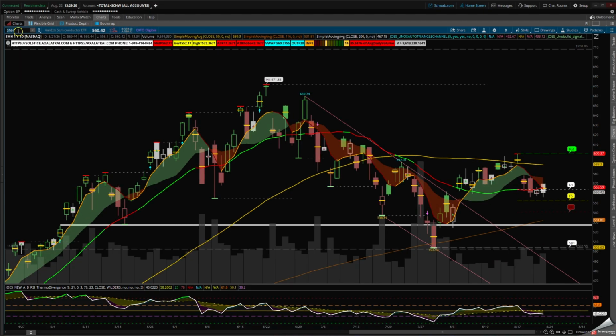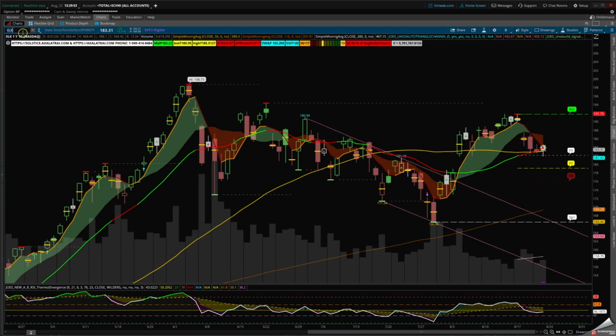Let's take a look at SMH in the semiconductor. You can see in the semiconductor, we have not been able to take out the 50 SMA, or even if you convert this to 55 SMA, it's still underneath that 55, but we are holding just slightly on the 18 SMA, and we are above the 116 simple moving average. And this was the last time when we did the shoulder. They had the island reversal gap up. We got this island here, and we fell down. Does this mean we're going to continue lower or not? We have to pay attention to the semiconductor.